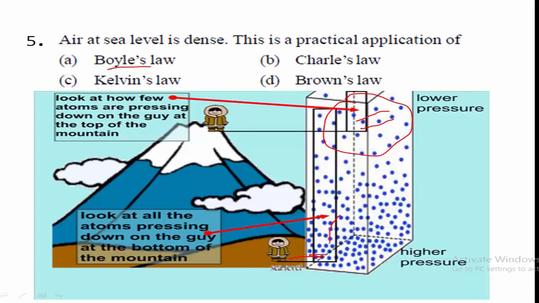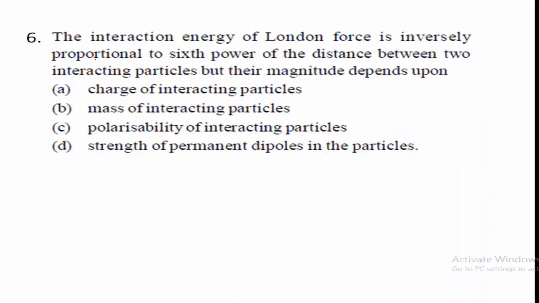And here volume is less and hence the pressure is high. So volume and pressure, this relation can be explained with the help of Boyle's law, and hence option A is the right answer. Sixth one, the interaction energy of London force is inversely proportional to sixth power of the distance